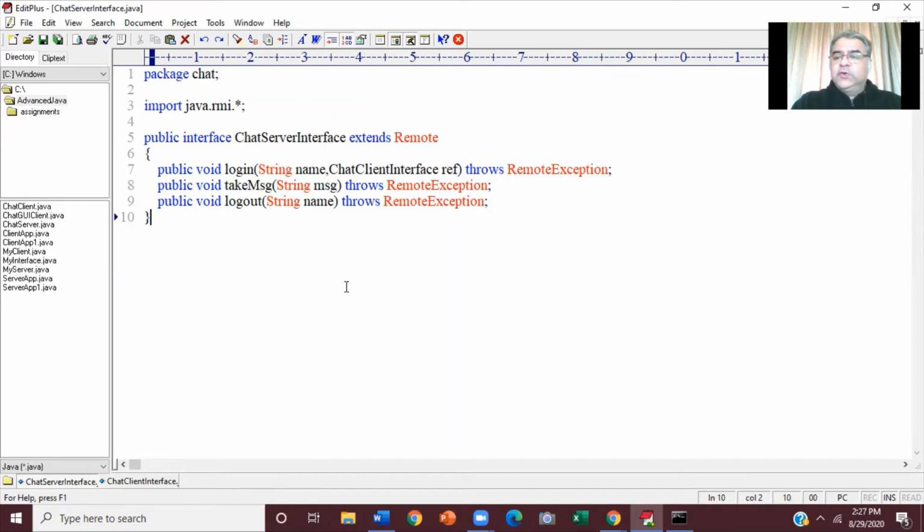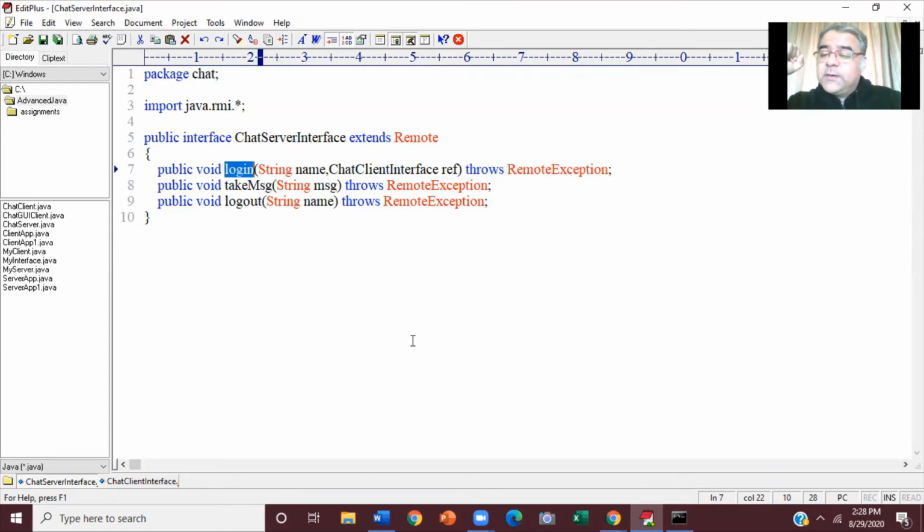How are we going to implement the login method in the server? What do you think we are going to do inside this method? What's your guess? Every client is going to call this method and he's going to pass his name and his stub.